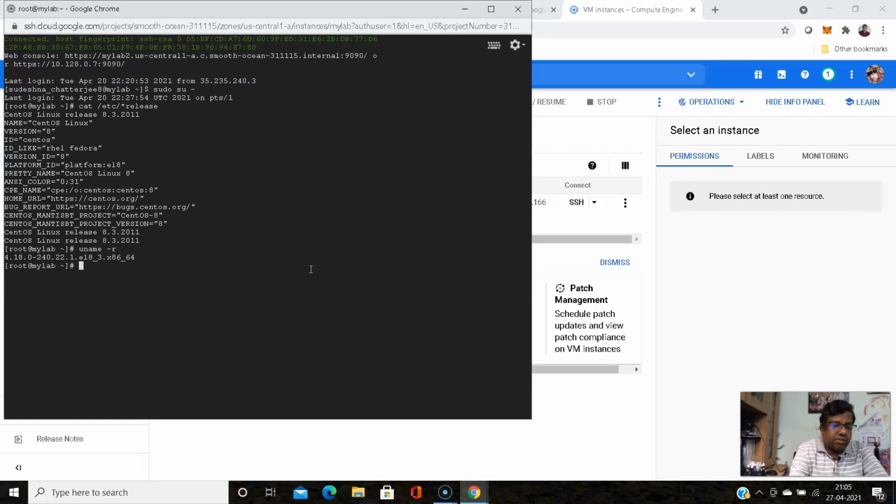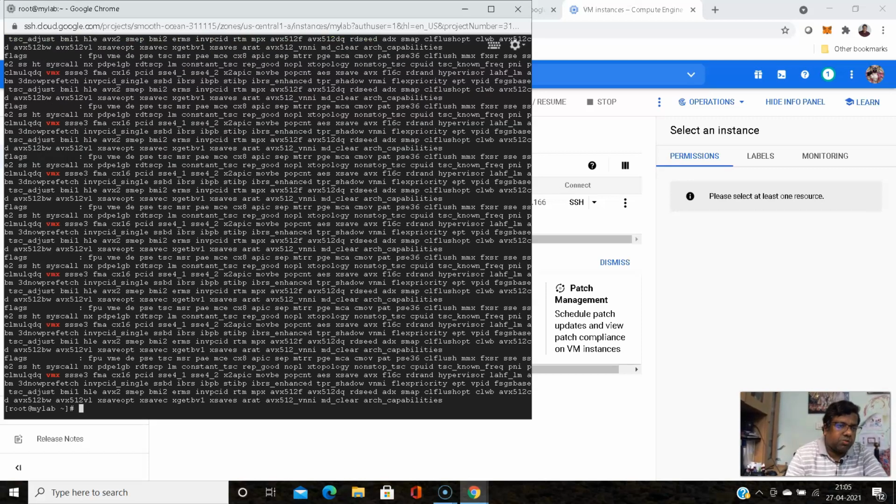You can check for the VMX extension in the CPU info, filtering with VMX. Okay, so it shows VMX.